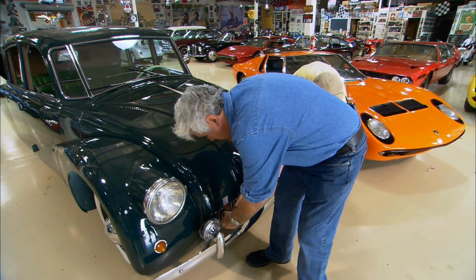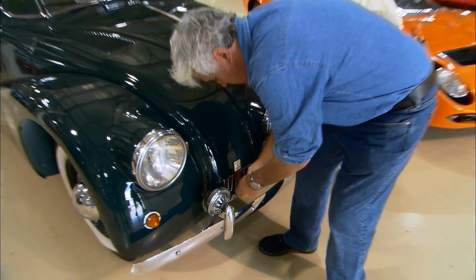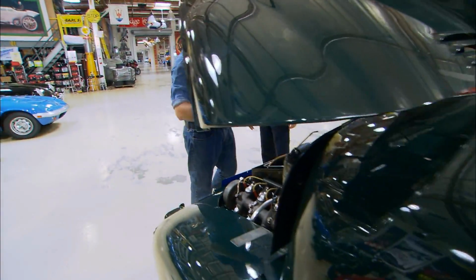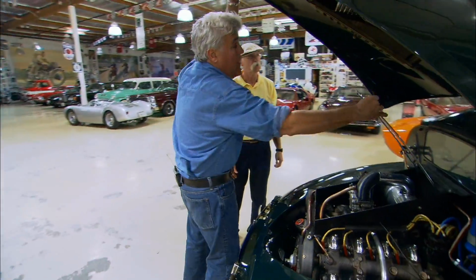You always want to fasten these. Yeah, I hear it can be a problem with you. I was going down the road about 70, and bang, the hood flew off. But let's take a look at the interesting part. Wow. What an interesting